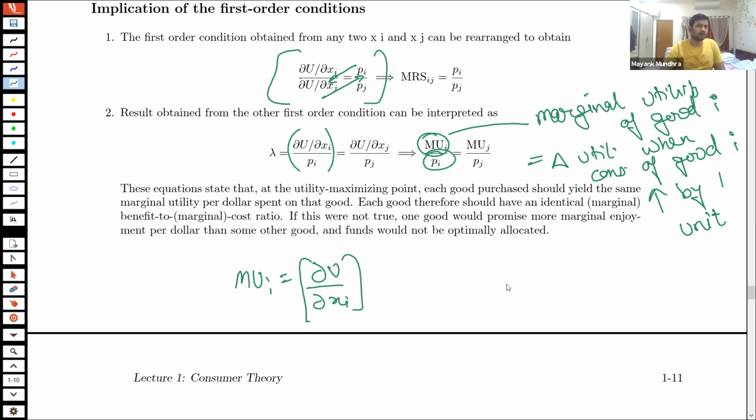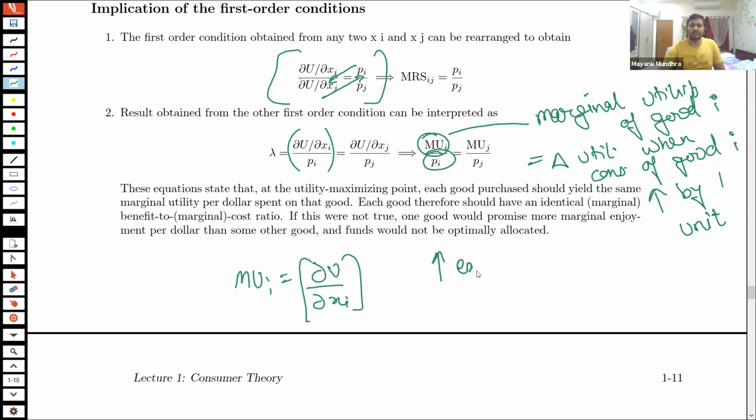So in terms of, what is the price of good i? It's Pi. So suppose I want to consume 1 more unit of good Xi. So how much extra money do I need to spend? Pi, not 2 Pi, just Pi. Suppose a Dairy Milk costs 10 rupees. If I want to consume 1 more Dairy Milk, I'll spend 10 rupees extra, right? So the amount of expenditure needs to go up by Pi units.